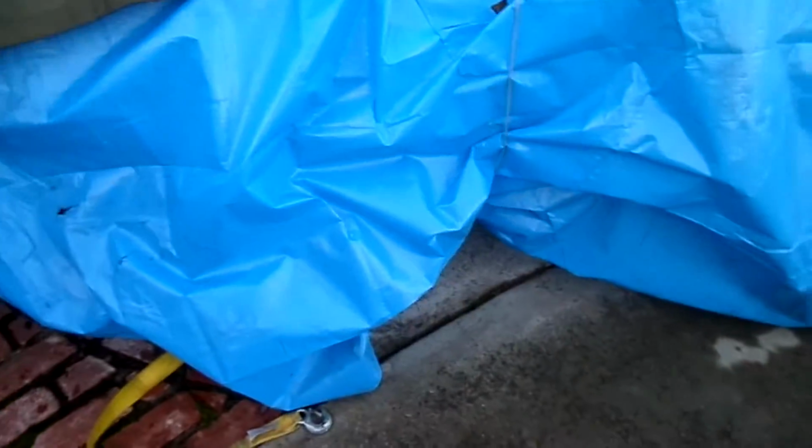Alright, it's been about 2 months since I've last worked on this thing. I'm going to take off the exhaust now just because I'm bored today and want something to do. I'm not going to take the tarp all the way off, so I'm just...